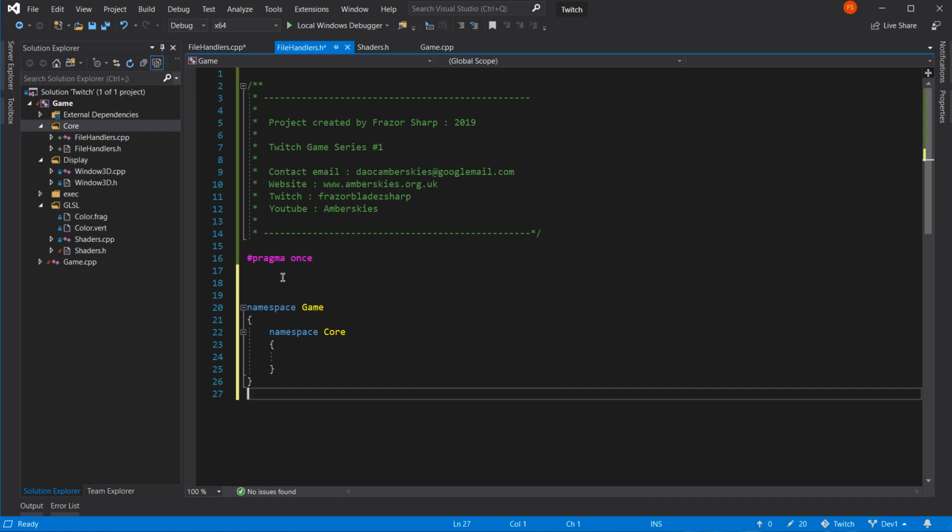So, what are we up to today then? Yes, a bit of file handling. It would seem that we have shaders. Well, that's going to be interesting, isn't it? Because they're on disk or in files quite happily. And that means that we need to read them into our program. They don't automatically appear, which is a shame.